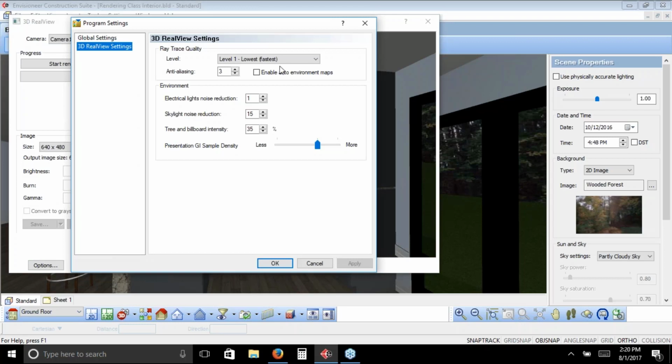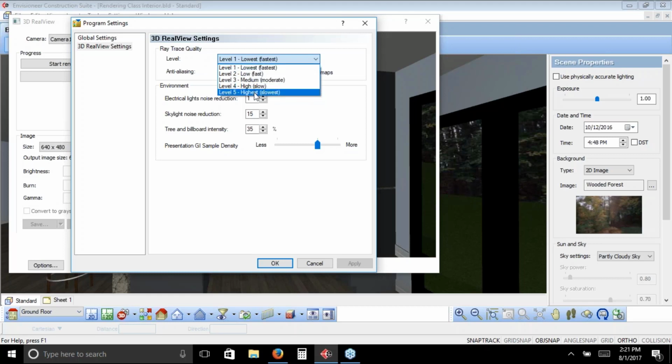In here at the very top, you can see that there's different levels of rendering, level 1 to level 5. And beside each one, you'll see that it's the lowest level to the highest level, the fastest, the slowest. Take advantage of these different levels depending on how much time you have. So if you're quick going out to meet a client, you have to get out the door very quickly, do a low-level rendering. It'll cast basic shades and shadows, and you'll be able to get something that looks better than just a screenshot. But if you have the time, let it work itself up to this level 5, the highest